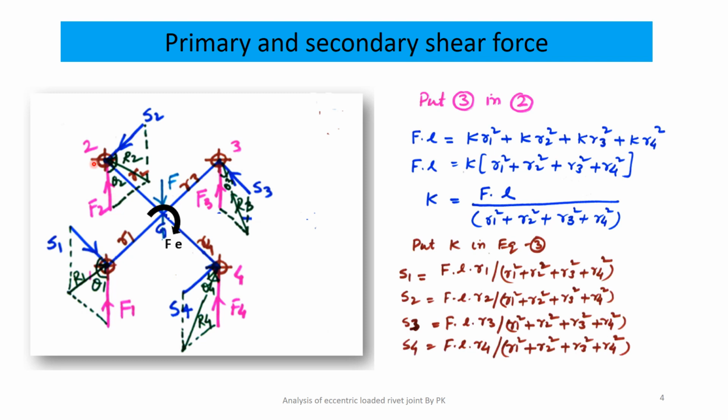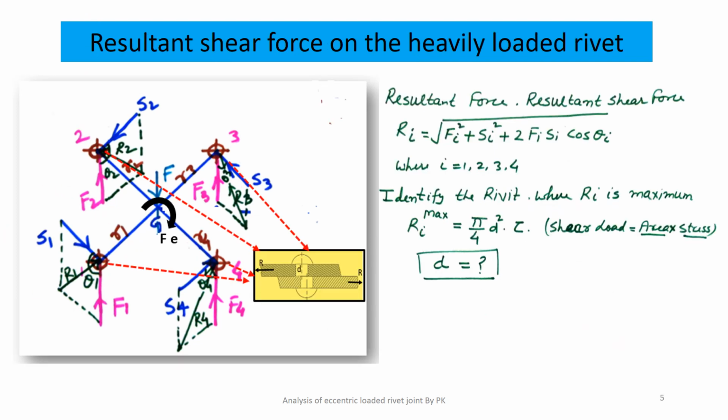So let us see how to find out the net resultant force on each and every rivet. After finding out the primary and secondary shear force, we have to find out the resultant shear force on each rivet. There are 4 rivets, and on the 4 rivets we have to find the resultant force. Suppose we analyze the first rivet: there are two forces, the primary force represented by the symbol F and the secondary force represented by the symbol S. These forces are a coplanar and concurrent force system. So to find the resultant force, we follow the law of parallelogram, and the diagonal of this parallelogram represents the resultant force.